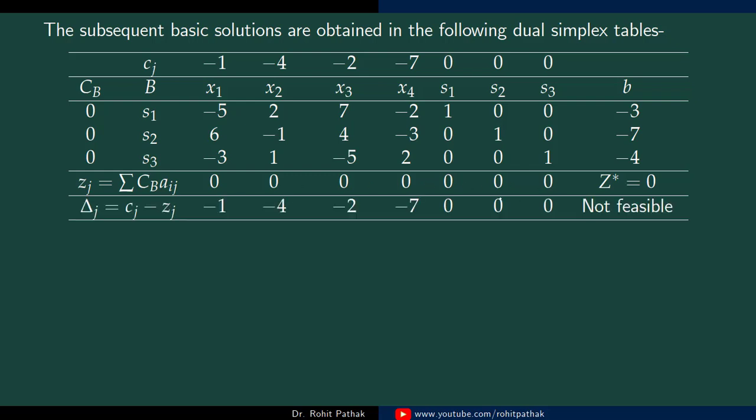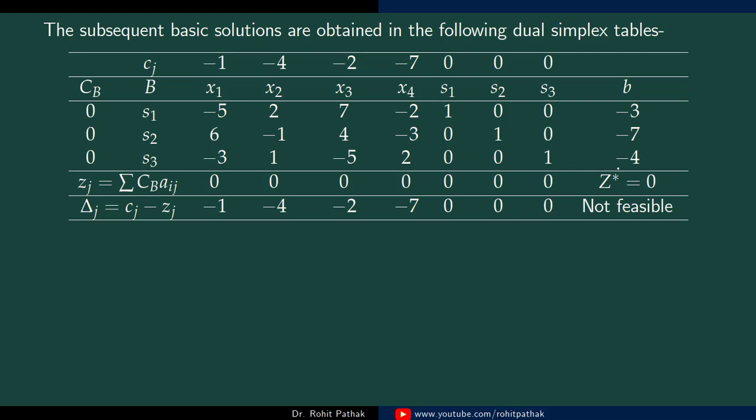Okay, now find net evaluations, Cj minus Zj, or net cost change. So -1 minus 0 is -1, -4 minus 0 is -4, -2 minus 0 is -2, and so on. Now this initial solution is not feasible because of these values. All these are negative. If at least one value is negative, then the solution is not feasible. And we see that the optimality condition is satisfied. So here the optimality condition is satisfied, but the solution is not feasible. Okay, so we can apply the dual simplex method.